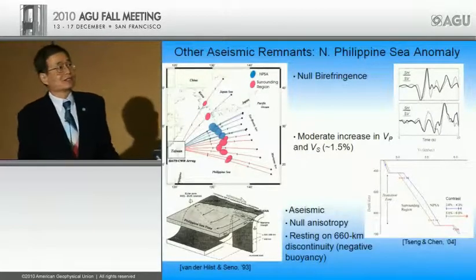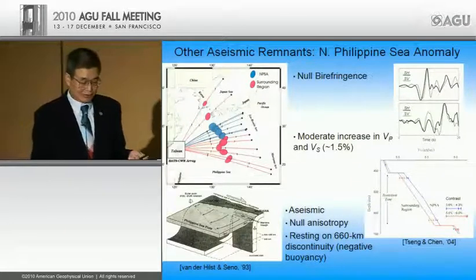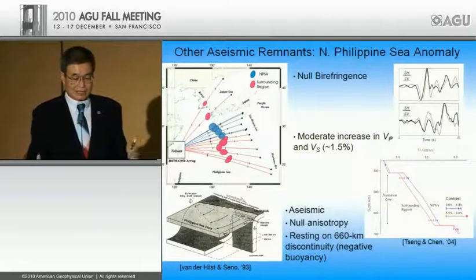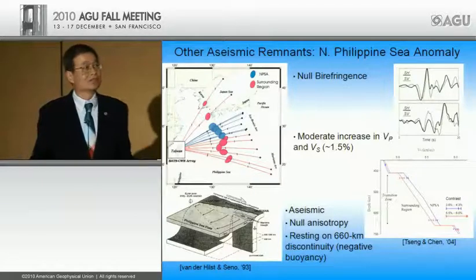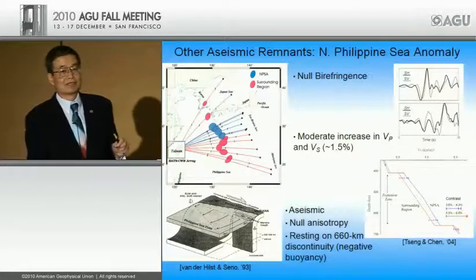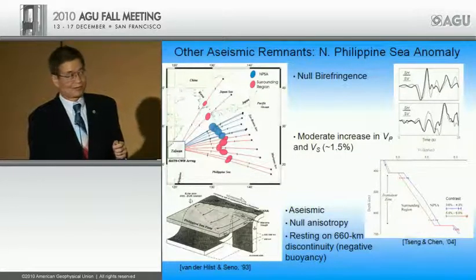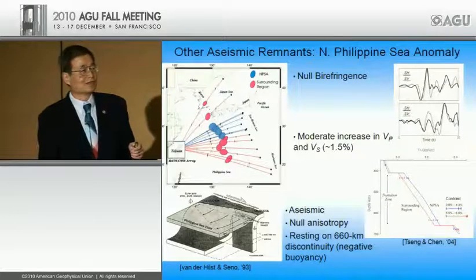Now, finally, I just want to show another example of the aseismic slab. Now the temperature has warmed sufficiently. The metastable olivine has all transformed. There are no earthquakes, no anisotropy, but we still have a remnant thermal anomaly. So we will see a modest signature in high VP and VS.